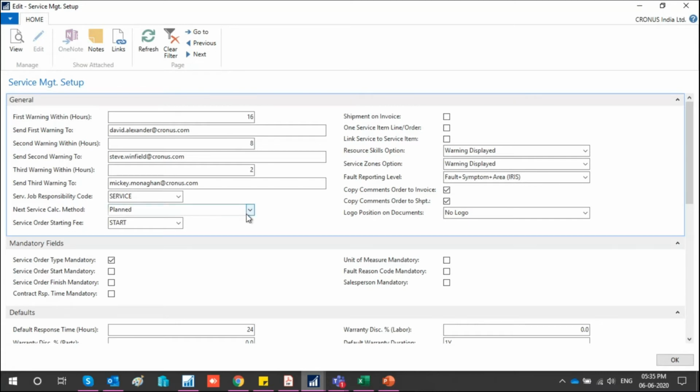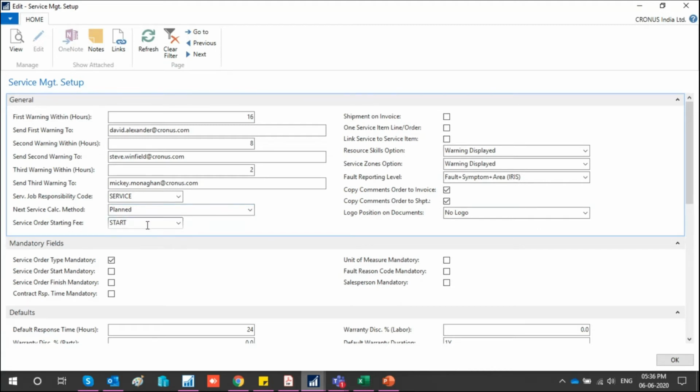Even if in the current month the service is done on the 8th, in the next month the service will be done on the 6th, because I have selected planned. If I select actual, then it will go on that basis. If it is the 8th of the current month, then it will shift to the 8th of the next month on the actual basis. So that's why planned and actual. I've just explained the concept, but the actual application I'll not be able to show today.